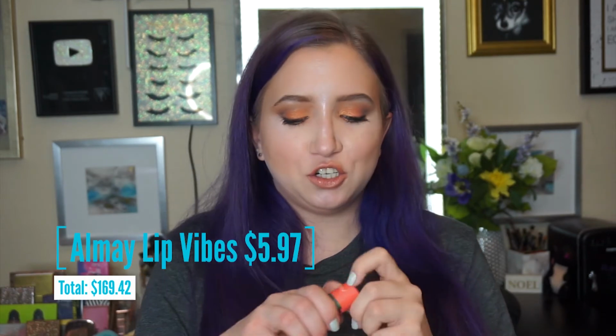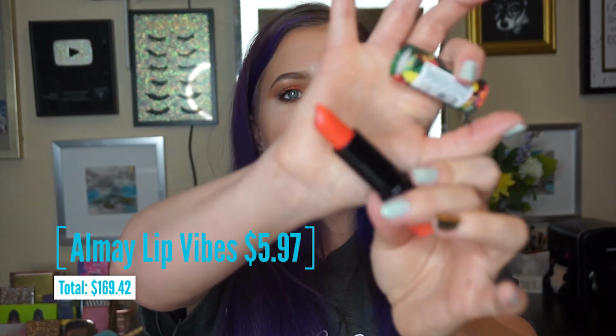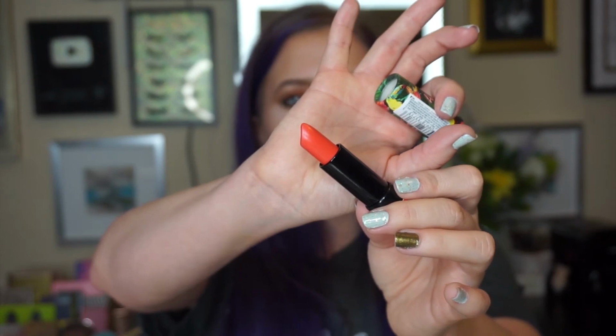The last thing I got on my crazy Walmart shopping spree was a lipstick from Almay. This is the Lip Vibes lipstick in 220 Live Happy. It's this orangey shade right here. It's the perfect shade for getting me in the spring and summer mood, and I'm super excited about it. And it's a really comfortable cream formula. I really enjoy it, and the packaging is so fun and cute, and it was only $5.97 for this lipstick. So for all of those items I got at Walmart, I spent $38.22, which I don't think is bad at all,